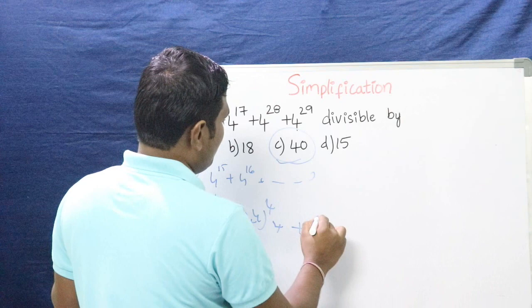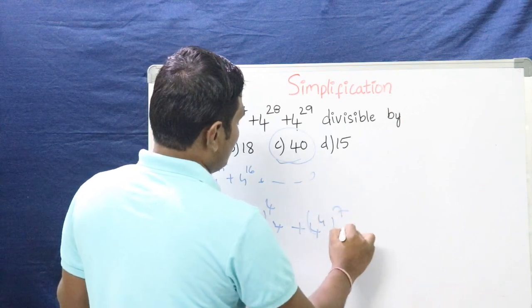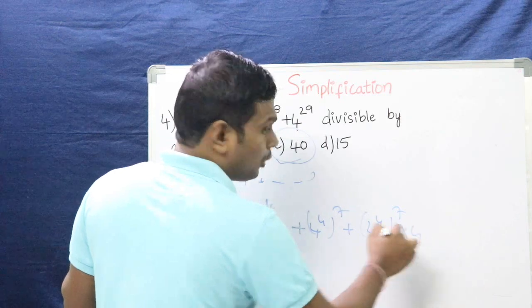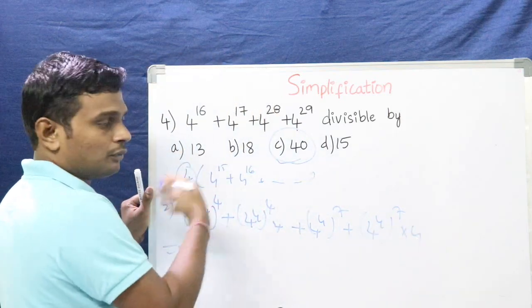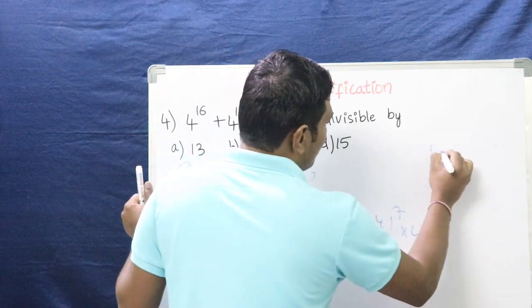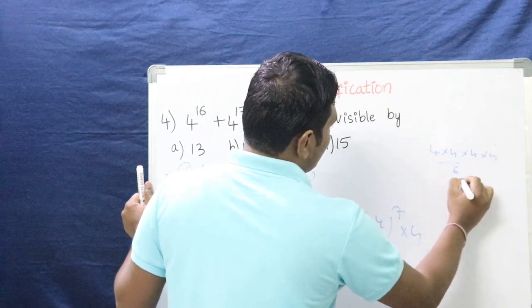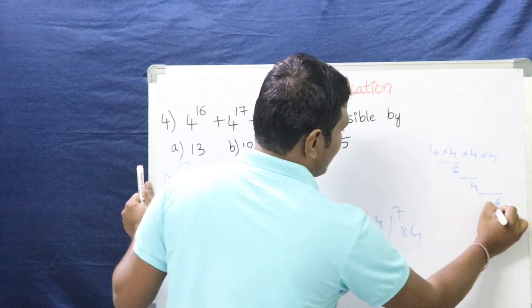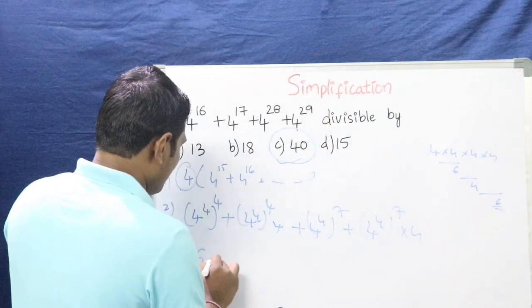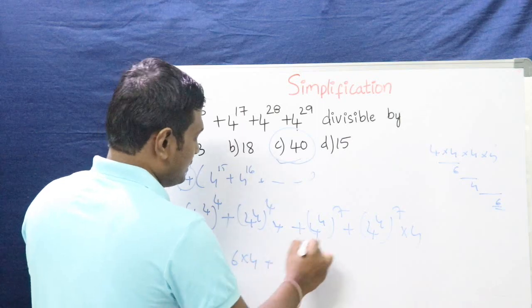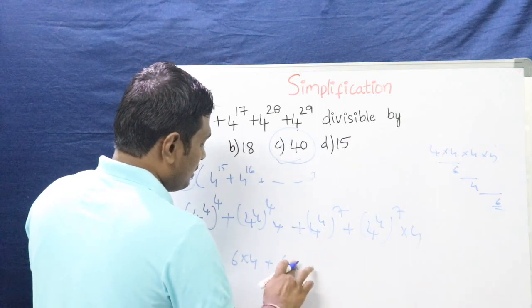4 to the power of 4 to the power of 7 plus 4 to the power of 4 to the power of 7 into 4. What is the value of 4 to the power of 4? 4 into 4 into 4 into 4. This is 6, this is 4, this is 6 again. So 6 we will get plus 6 into 4 plus 6 we will get plus